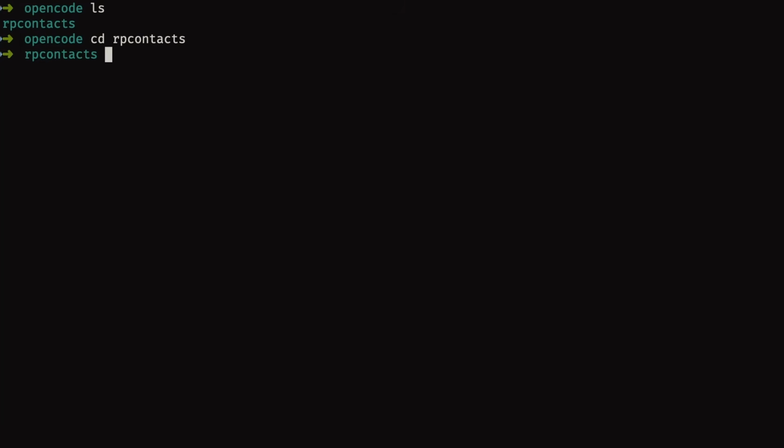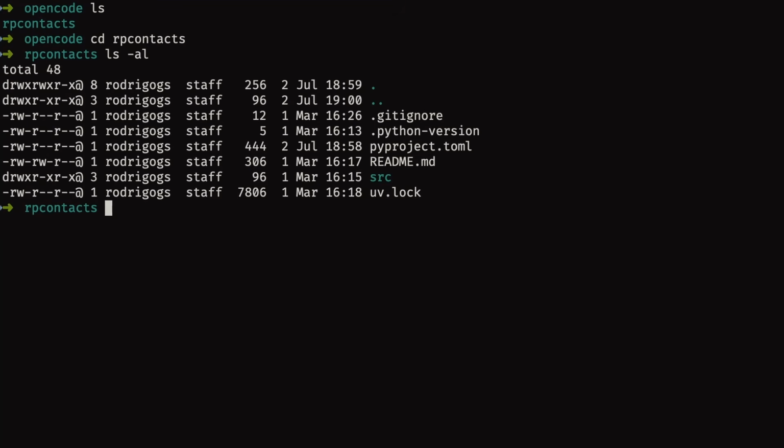The project RP contacts, or in this case the folder, contains a couple of different files and folders already. The files include project configuration, project setup, and the folder src for source contains the source code for a simple TUI, text user interface, that allows you to manage your own contacts. Now, this project is managed by UV, as you can tell by the file uv.lock,